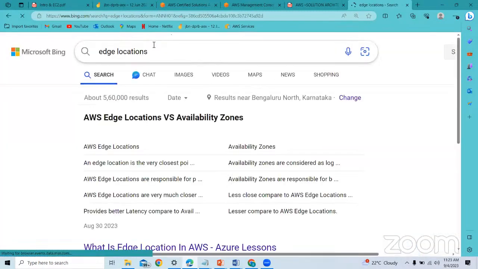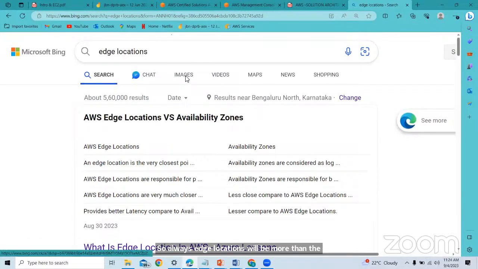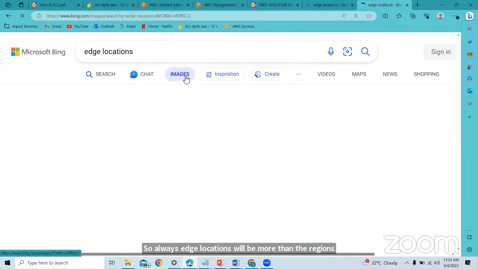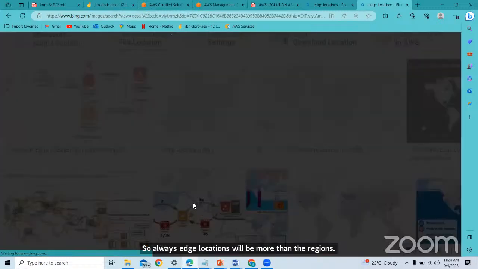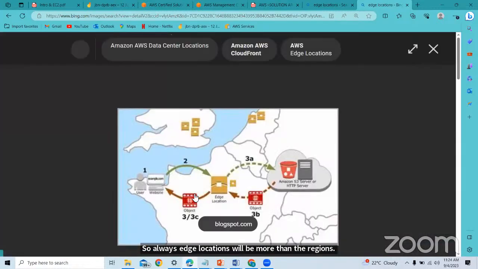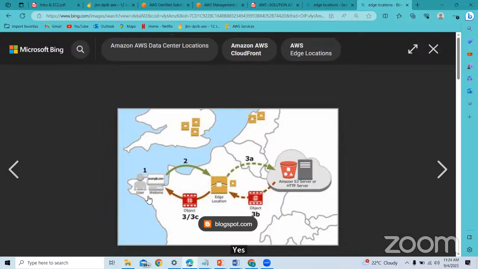Always, edge locations will be more than the regions. Can you guys see this? Yes. This user is somewhere in a corner.